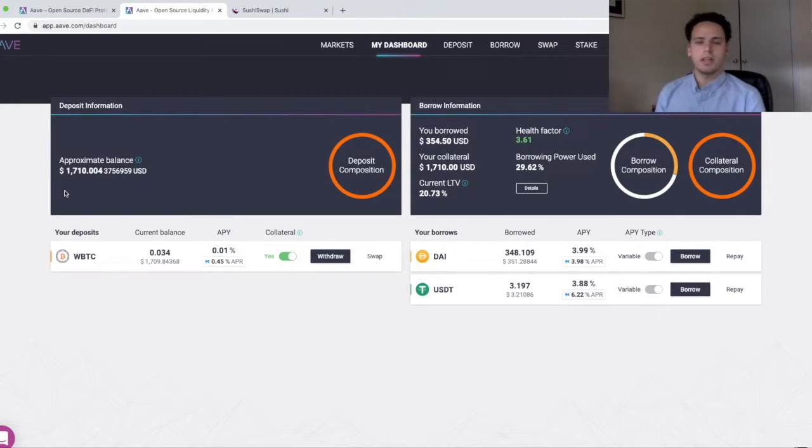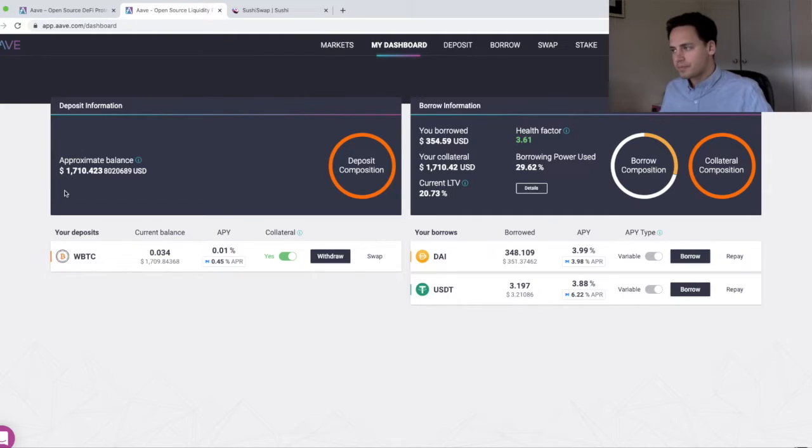Now, wrapped Bitcoin is an ERC20 version of Bitcoin. How that works is it's a custodial solution. There are various custodians who hold Bitcoin and can issue wrapped Bitcoin against that Bitcoin in an ERC20 form. Now, an ERC20 is what you call a token that is on the Ethereum blockchain. So wrapped Bitcoin, as well as other solutions such as renBTC, are ways to bring the value of Bitcoin, which is obviously quite large, onto the Ethereum blockchain, and for that value to be used in DeFi.